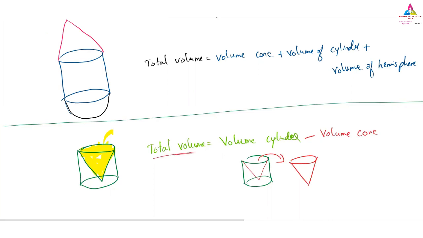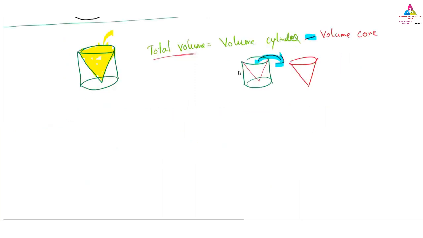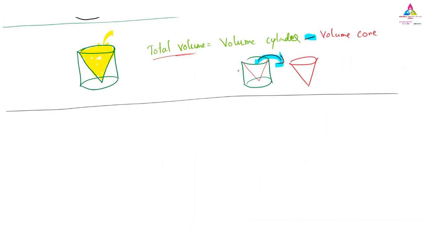Why did it come here as minus? Because that space is taken out, that cone is taken out. You are getting it? Yes? Yes, sir. Okay, let me go for one more figure like this way, and we will find whether it is possible to answer or impossible. Let me go through it.